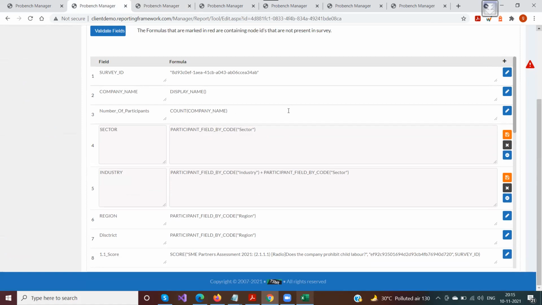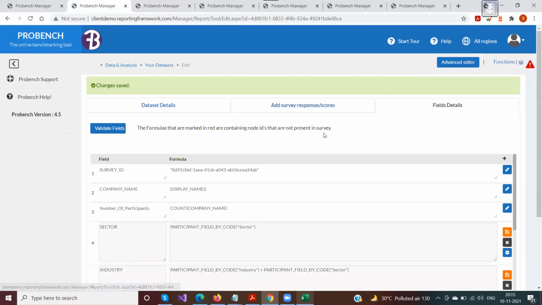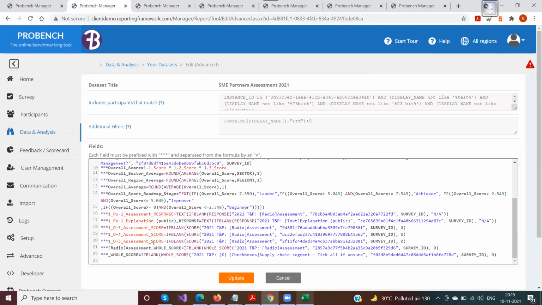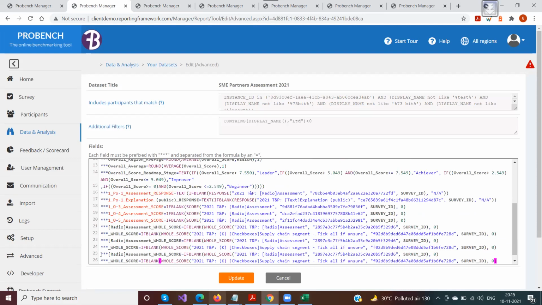All right. So the next and last area in the data sets is the advanced editor. This advanced editor is more like a notepad kind of an editor that you get here. Here you can do all the bulk operations that you might want to do. Instead of saving one field at a time, if you want to change certain things in all the fields, or create multiple fields here, or maybe just copy a couple of fields and paste them here and change their names, then you can do all those things like you do it in notepad.